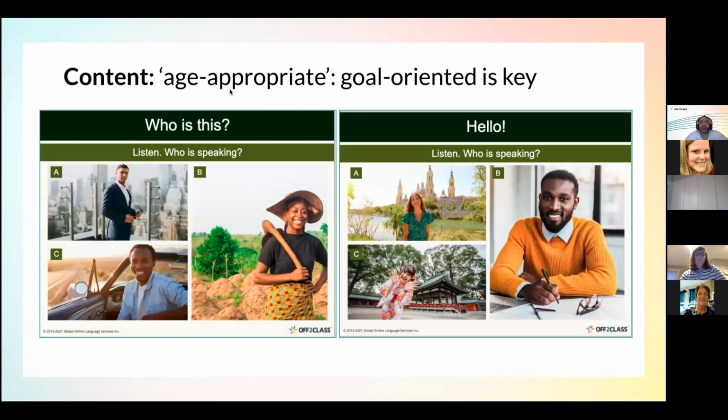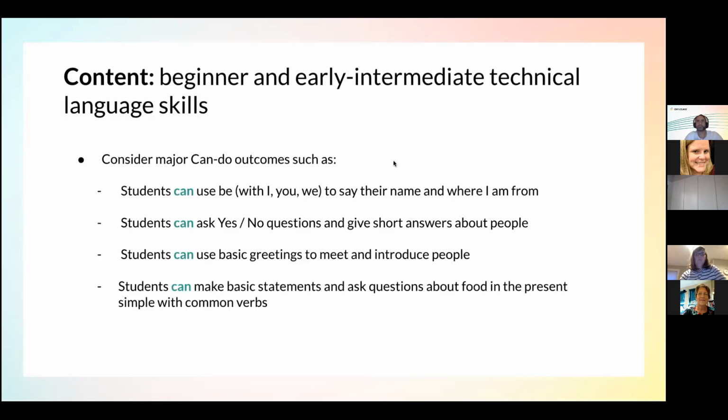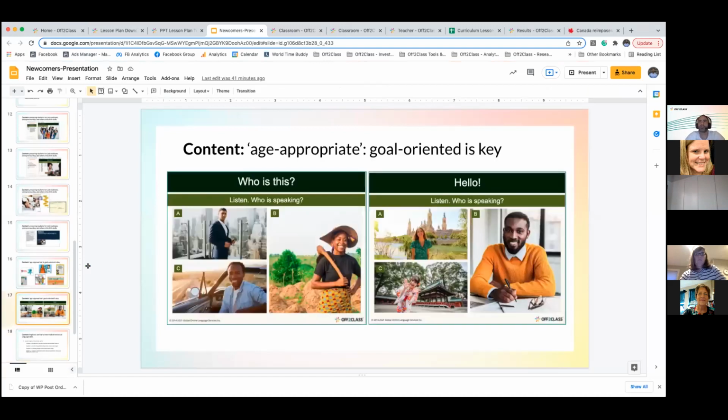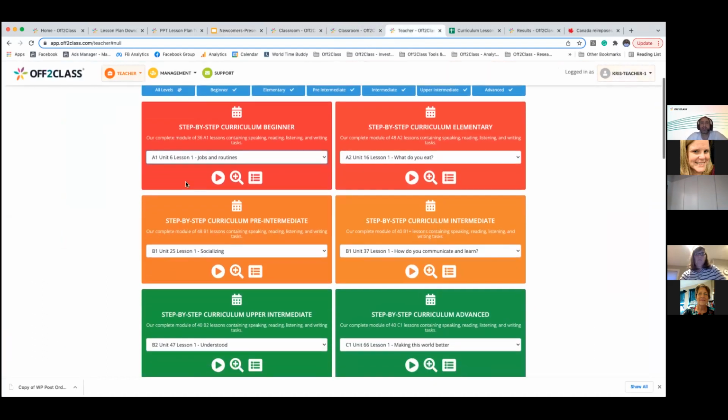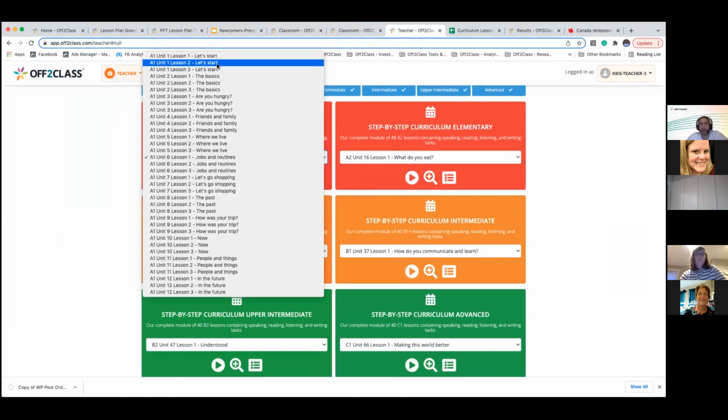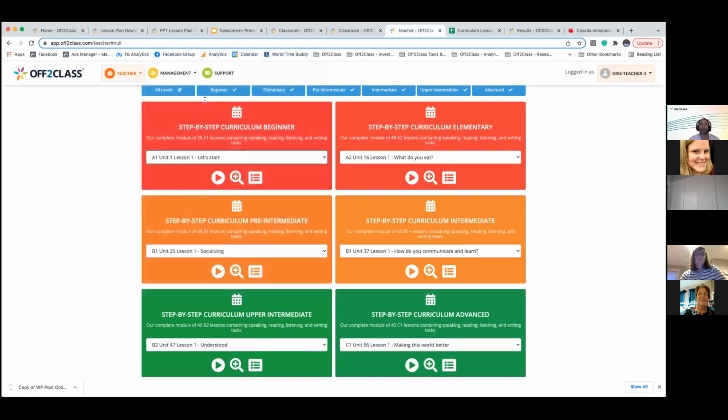This is an example of a beginner lesson in our step-by-step curriculum. And I will just scroll over to the lesson now to show it to you. So this is the lesson library on Off to Class, and these are all the beginner curriculum lessons. And some of the units are quite basic. So if I open up the first lesson in the sequence,